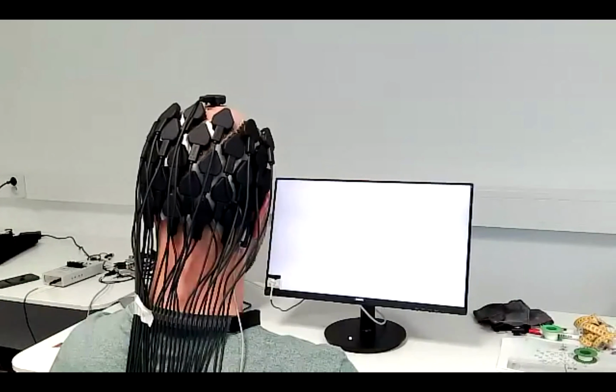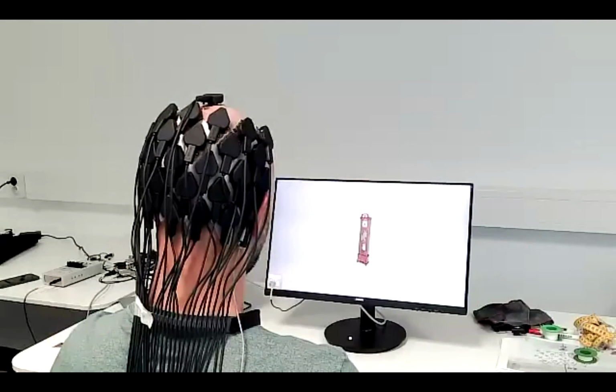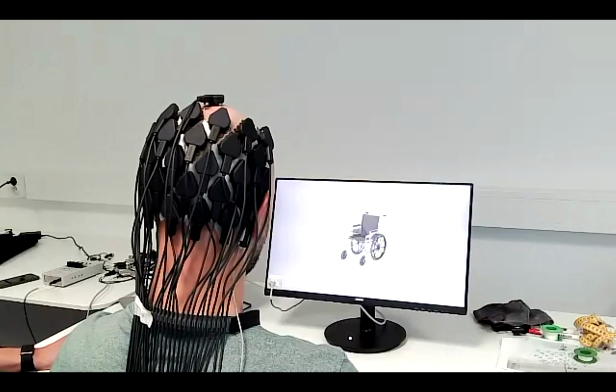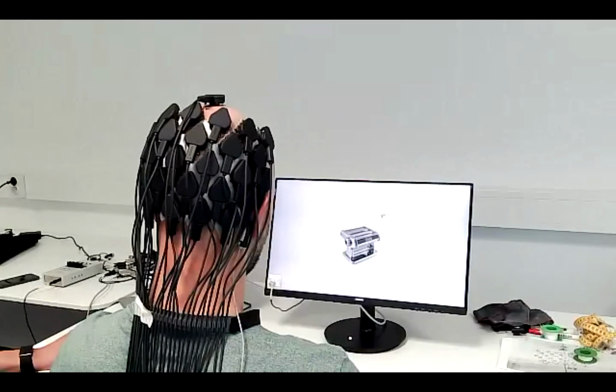That means we have here a black square, and whenever a picture pops up, we have a white square, because then the photo sensor reacts and sends the trigger to the system, and we feed back the trigger to the g.HIamp. And this is important then, of course, for offline analysis as well as online analysis. So we can use this trigger now in real time to plot